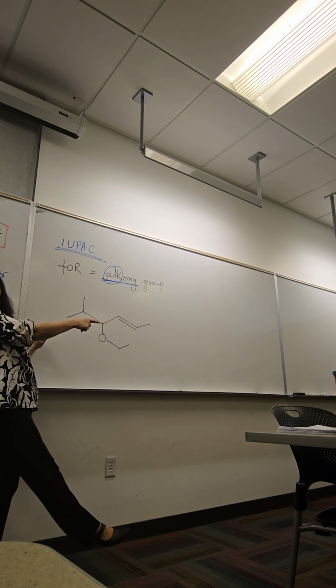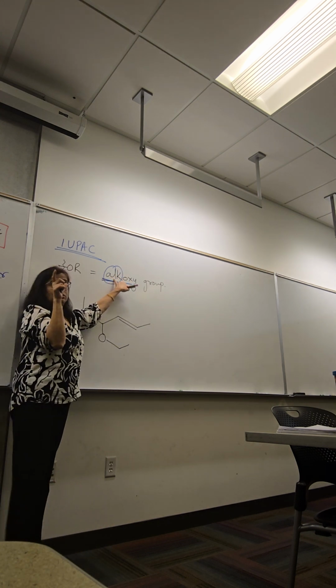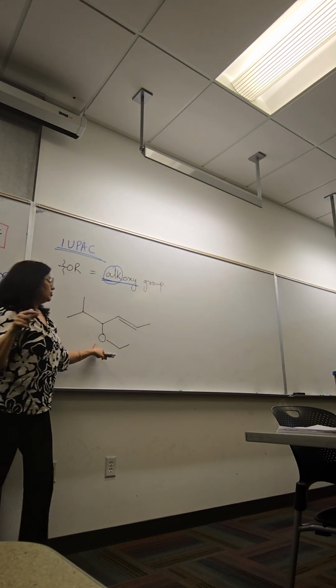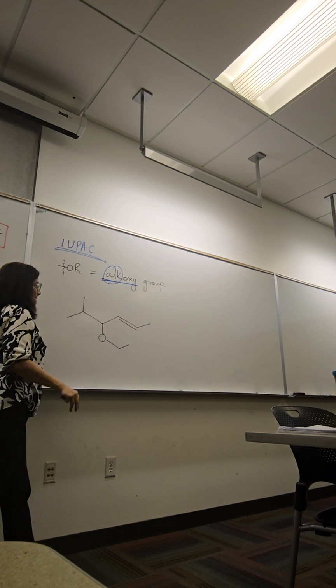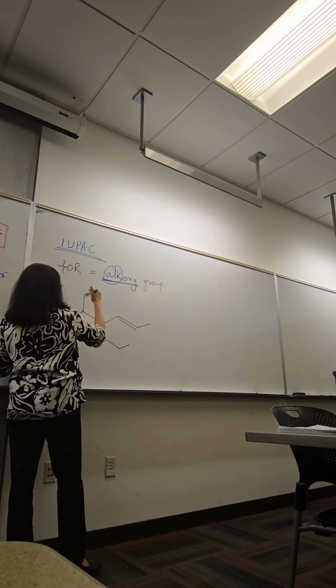Do you guys see that, everybody? So the alk is the number of carbons in the group. So that's eth and then oxy. But who comes first, ethoxy or methyl? Alphabetically, ethoxy. So let's name this. It's 4-ethoxy, 5-methyl,